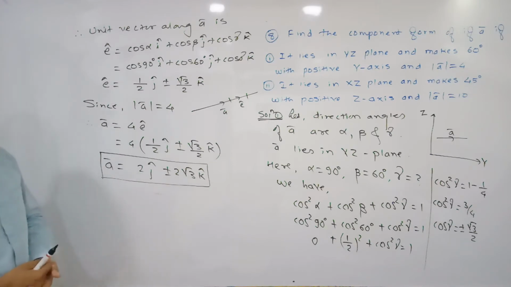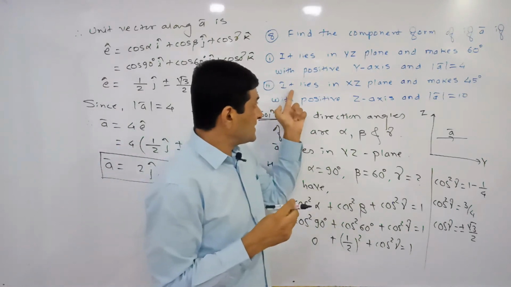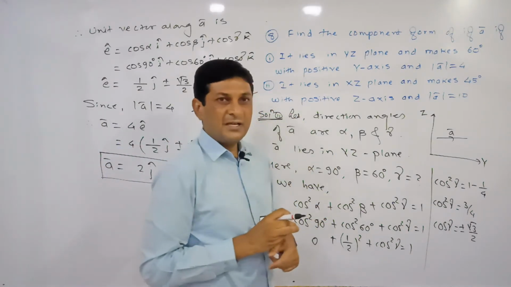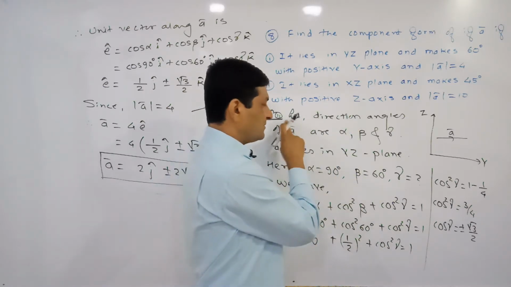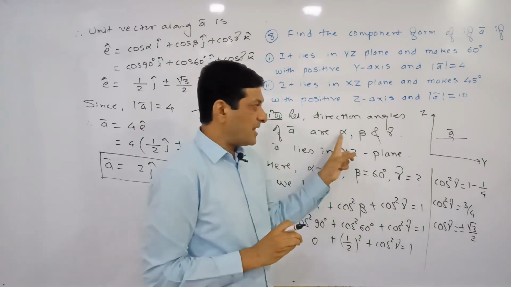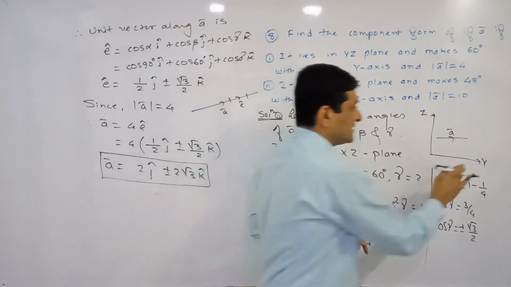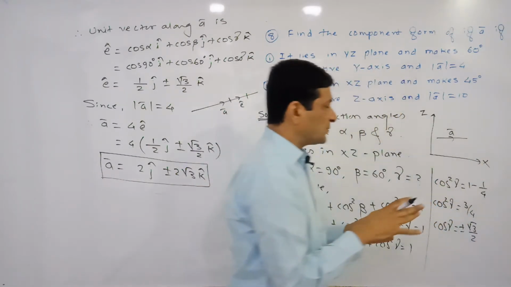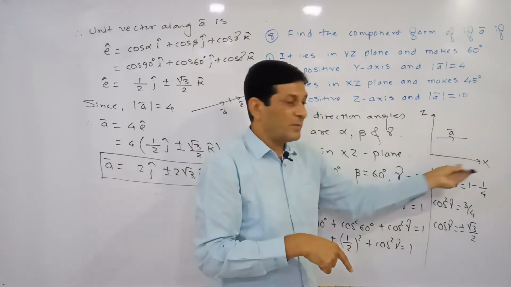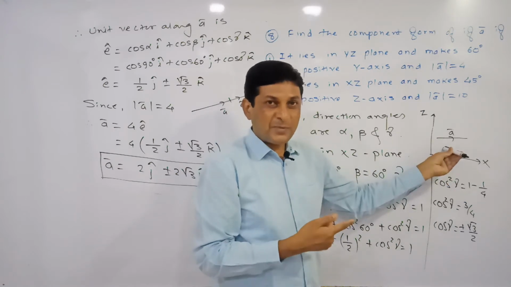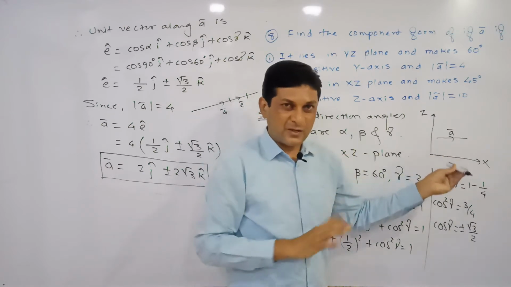So hope you have got all these conditions. Now let us try to solve example number 2. So observe example number 2 here. In this second example, A bar lies in which plane? XZ plane. So here let us denote the direction angles by alpha, beta, gamma, and A bar lies in XZ plane. If it lies in XZ plane, it means it is perpendicular to what? Y axis, because Y axis is perpendicular to XZ plane, and A bar lies in XZ plane, which means our A bar is perpendicular to Y axis, or Y axis is perpendicular to A bar.